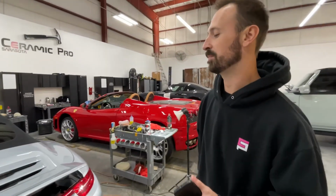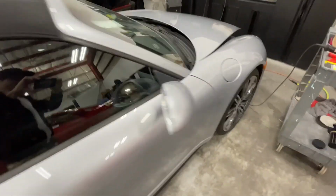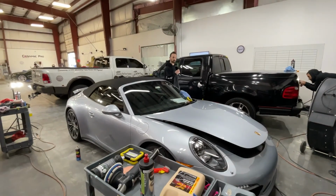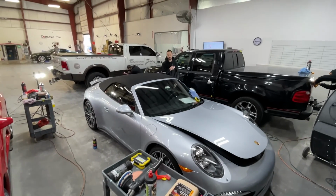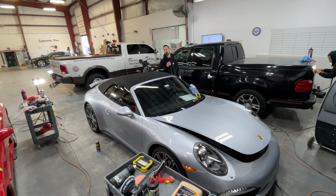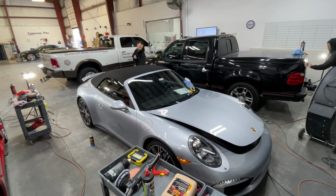Over here, we have this Porsche 911 Carrera 4S. It is in the process of a paint correction now. I'm actually the one working on this one at the time being, going through getting some of these scratches out. We're going to then coat the soft top. It'll get coated with our textile fabric coating so that it's hydrophobic,